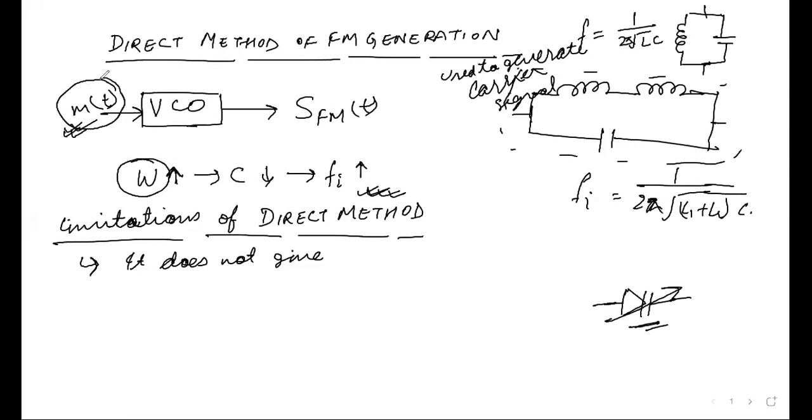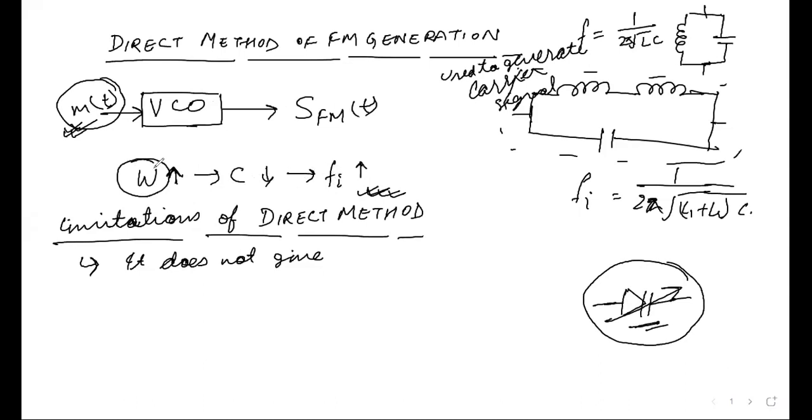Okay, and this MT is doing what? This MT is either forward biasing or reverse biasing this device, this varactor diode. So this varactor diode works in the reverse mode, that is reverse biased for operation. When it is reverse biased, the depletion width increases, so the capacitance will decrease. In this way, the frequency will increase, because the relation between capacitance and frequency is inversely proportional.